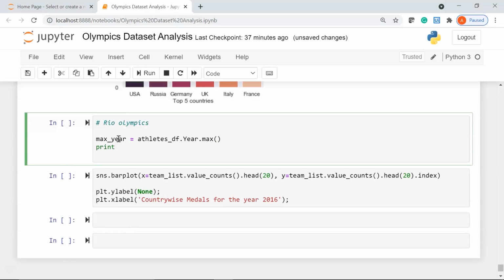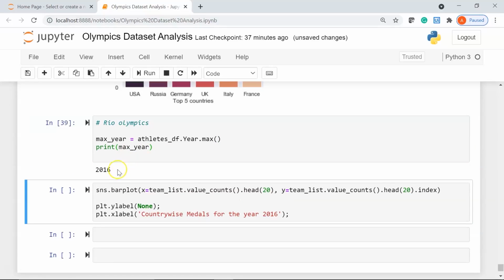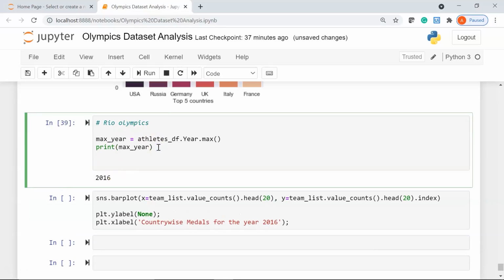Then let's go ahead and print my max year. I'll just show you the output. You can see here my max year present in the dataset is 2016, the Rio Olympics. Next,